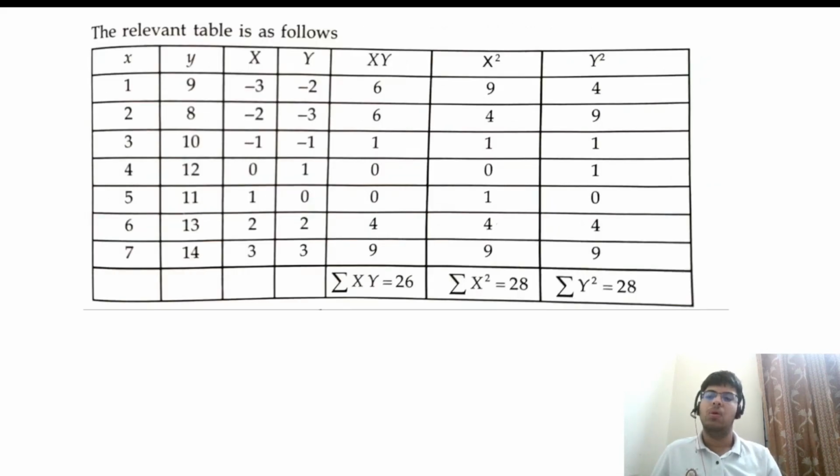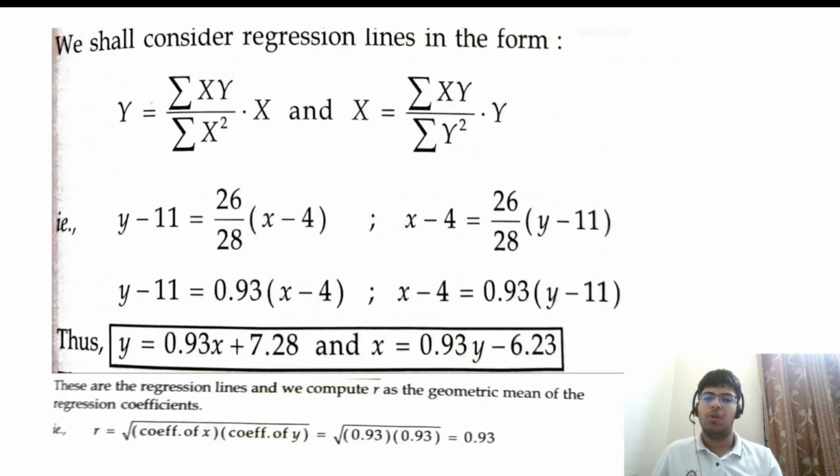Now here is the table. As I said earlier, you get the values of x bar and y bar. Here you need to fill in the values of x and y from the table, and from that you'll get the values of X and Y. Now you need to calculate xy, x square and y square for the problem, as well as their summations. After you get that, you need to use the formula y equal to summation of xy divided by summation of x square into x, and x equal to summation of xy by summation of y square into y. By solving this, you'll get the value. This is your